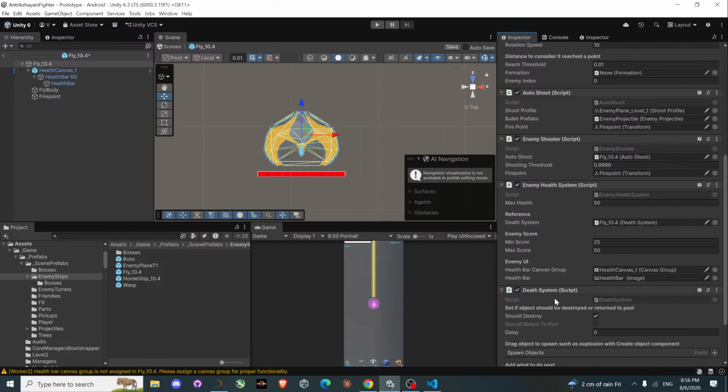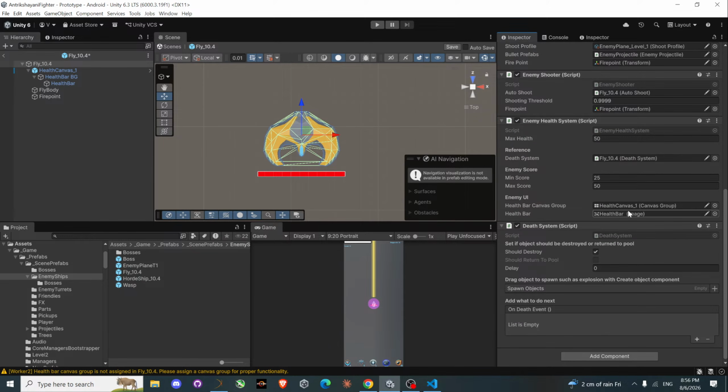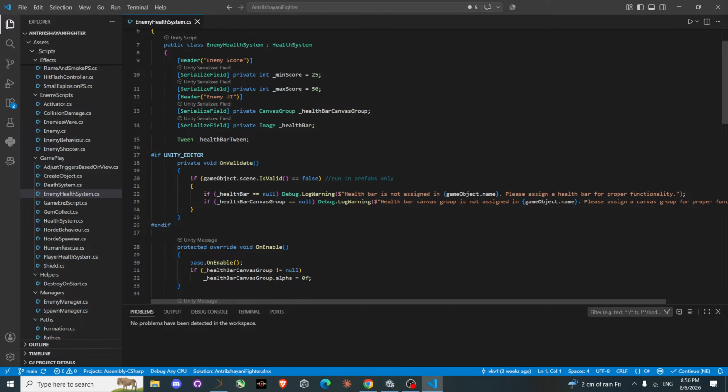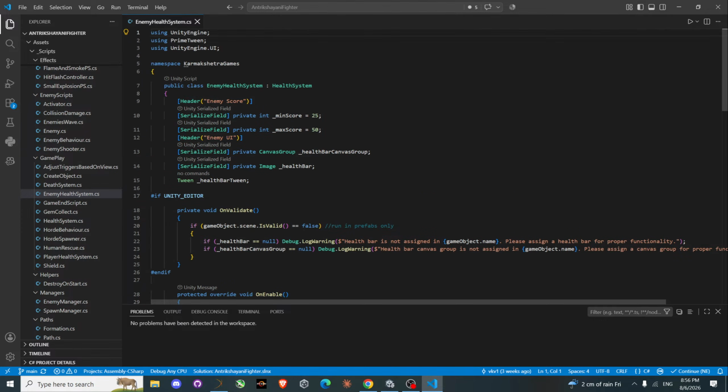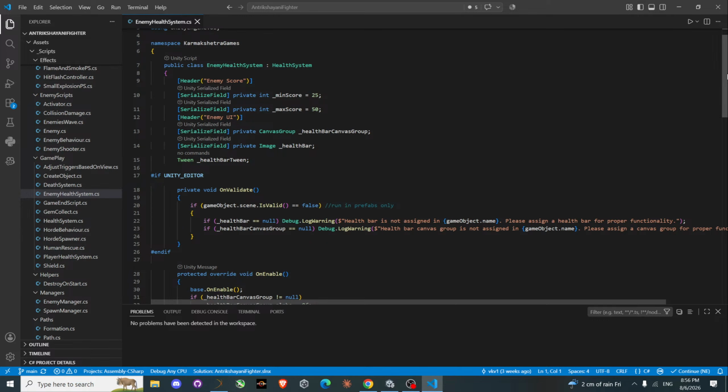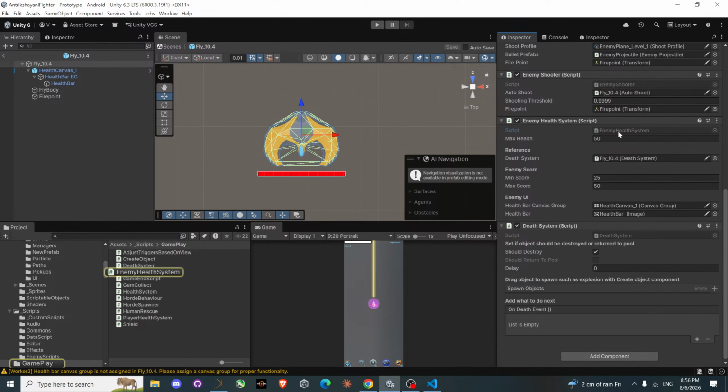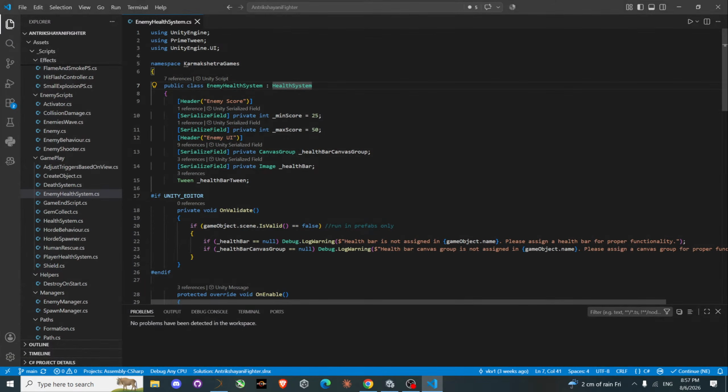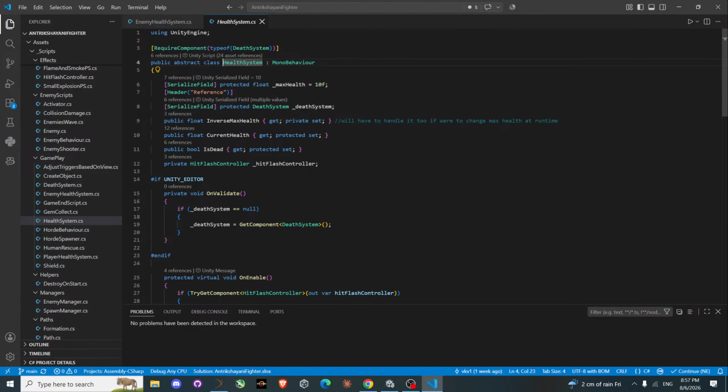Also, we have assigned the death system actually, but we could automate that in an OnValidate, but I'm gonna just leave it at that. We can assign it, or for each enemy that we design we can assign ourselves. Yeah, we need that, it does get